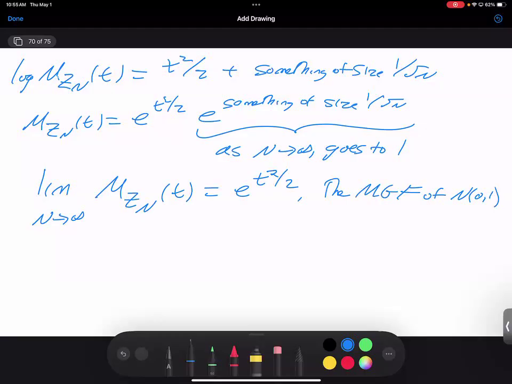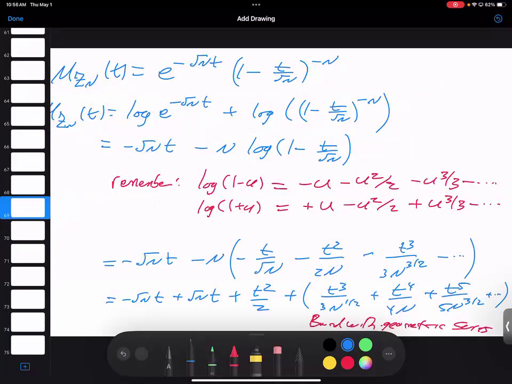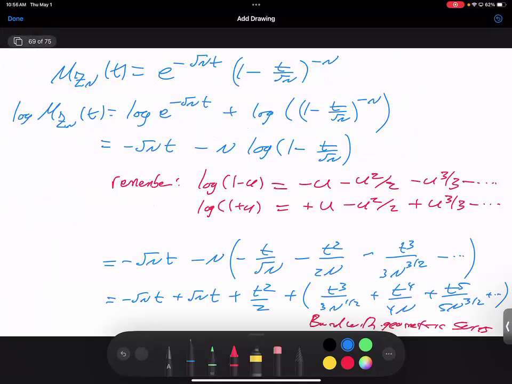And there is the proof for the special case. So everything worked out. And the reason everything worked out is because we had a nice closed form expression for the moment generating function. We could then plug it in and then just expand. Unfortunately, we're not always going to have a closed form expression for the moment generating function.